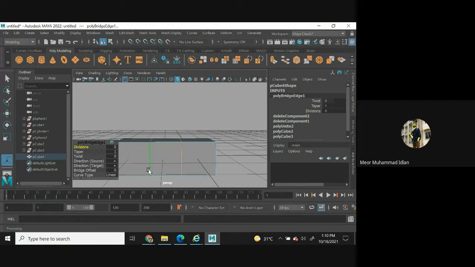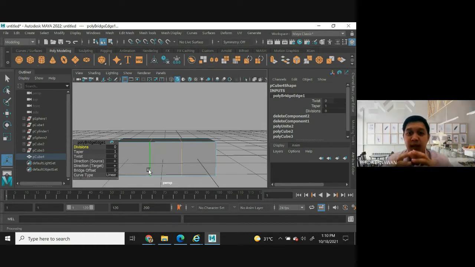Hello, sir. Yes. So we have to select both edges for both objects? You have to combine both objects first. Okay. Thank you, sir. Try. I give you 5 minutes. If you have an error, let me know. Share screen. I will show it to you because this is very important.